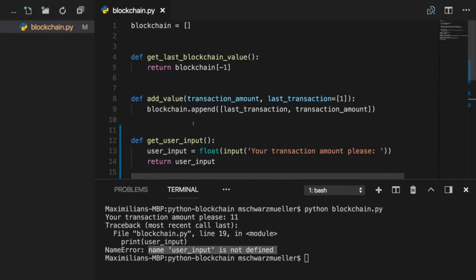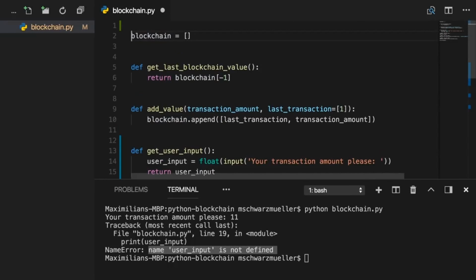Now, one thing you'll also find mentioned in the PEPs is how you comment your code. And that is something we didn't have a look at yet. You can create comments in Python by using the hash symbol. Like here, we could say initializing our blockchain list. Comments should be used to improve the readability of your code. But one core principle of Python also is that your code should be readable on its own. So you should have clear function and variable names, and your code actually shouldn't need too many comments.